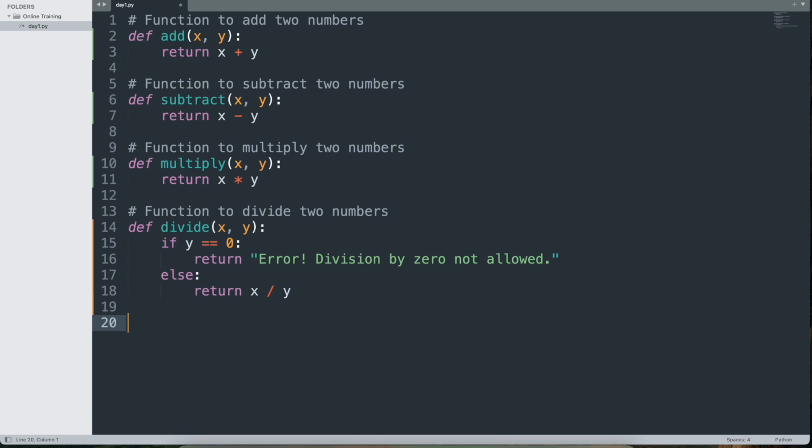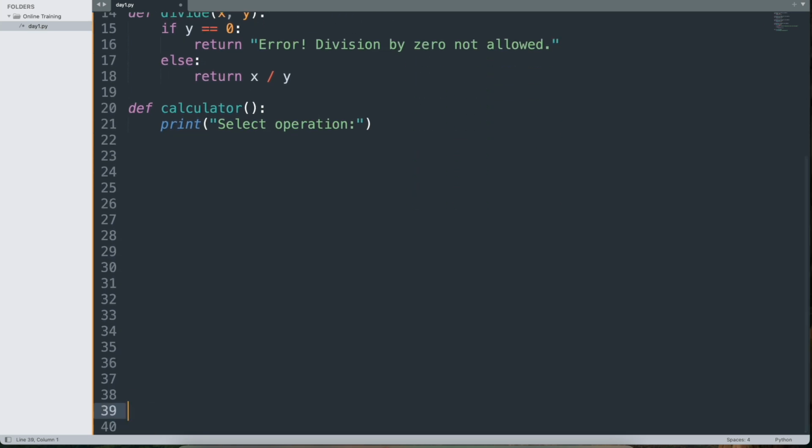So let's go ahead and define the calculator function. This one doesn't take any parameters, so that's why empty brackets. Now I want to have it as a command line implementation where it will display some information to the user. So I'm going to say print select operation. So I'm giving an option for my user to select an operation. I'm going to put some spaces so it shows up all the way to the top. And then I'll say print